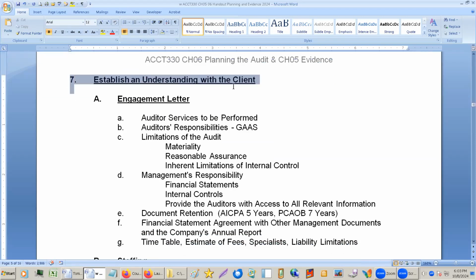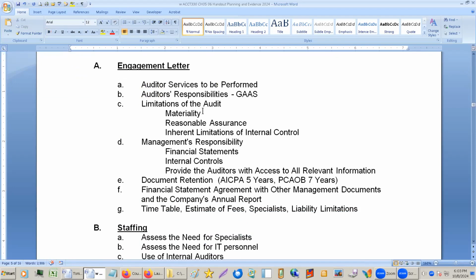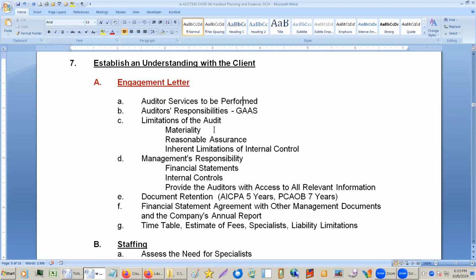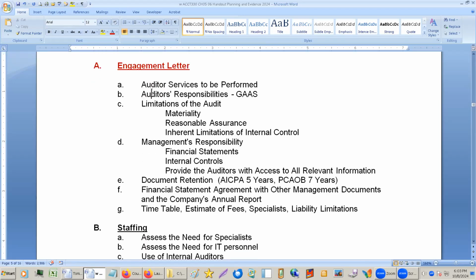this is kind of before we actually start doing the audit. We establish an understanding with the client, and they talk about the engagement letter. I'm not going to go into all the details on this. You can look through it. Now, when you sit for the CPA exam, you'll kind of go through this. This is one of those things that you'd probably go through, you know, the night before or something like that. Basically, it just lays out what you're going to do,